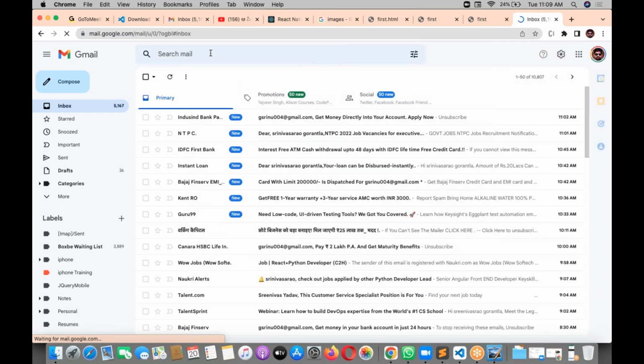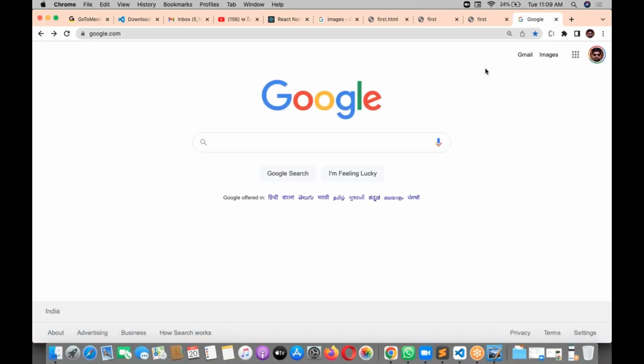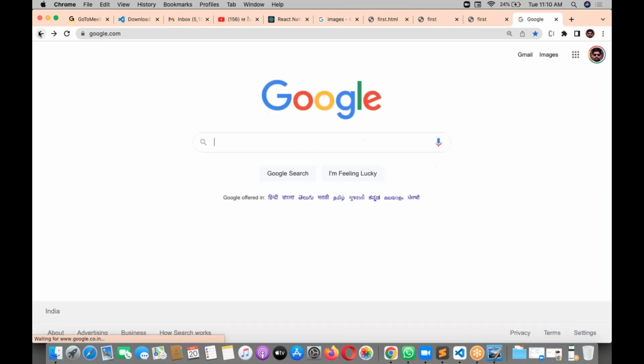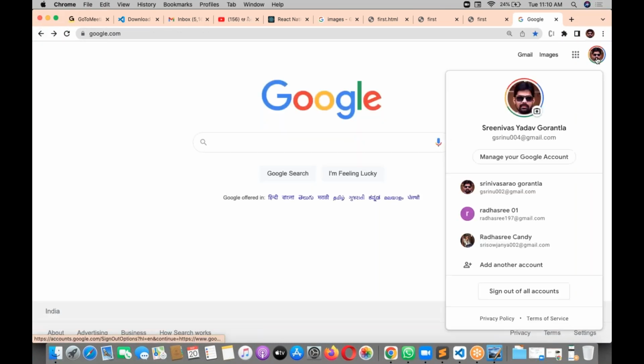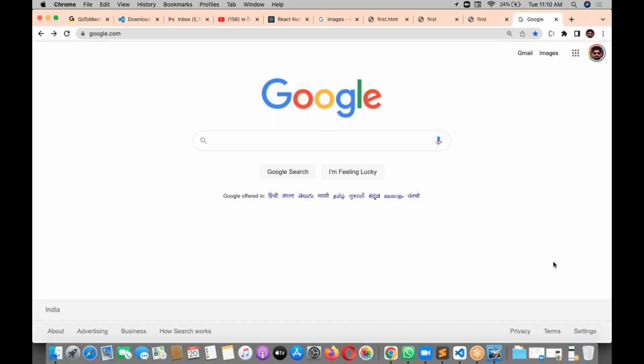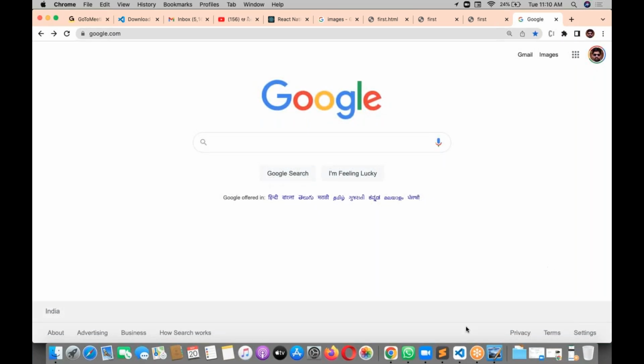That is a hyperlink. When I click on images, it moves to Google Images. That is one hyperlink. When I click on a logo, it shows something, and this is also a hyperlink. And if you go down, you will have different languages here. You can select any one of the languages. That is also a hyperlink. Everything on top of the web page is a hyperlink.